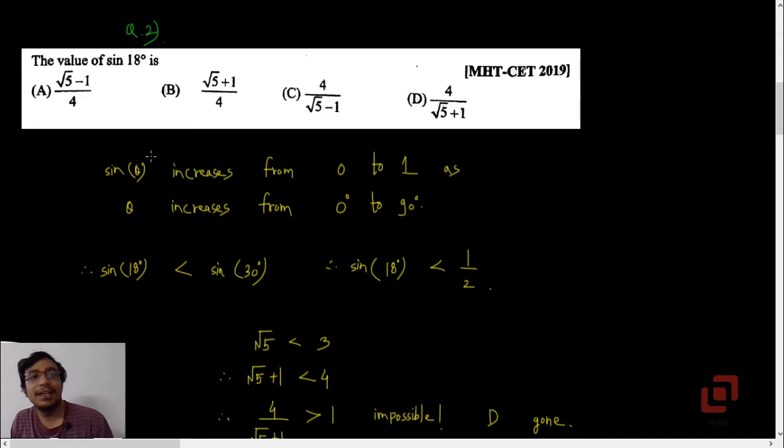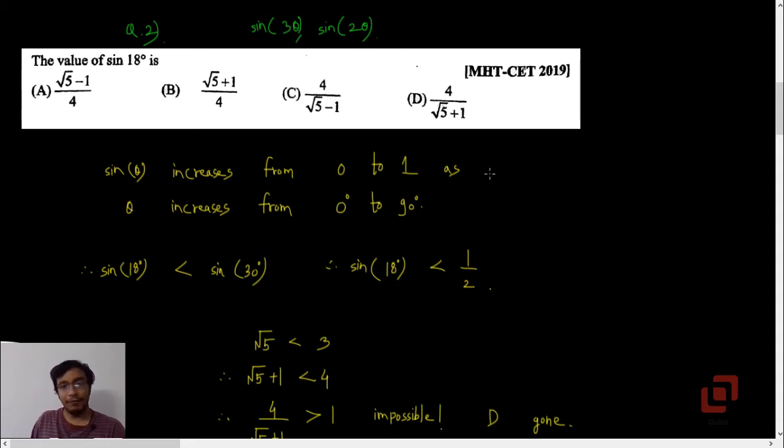Now see, you can solve this question in two ways. If you open any textbook and look for the value of sine 18, they'll follow a very long procedure involving the triple and the double angle formulas. But because 90 is 5 times 18, what I have done is I have just eliminated the options. Now fortunately all these options contain 4, root 5 and 1, correct? So you need to know the properties of the sine function, that's it.